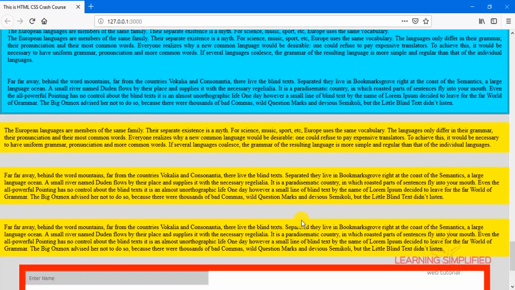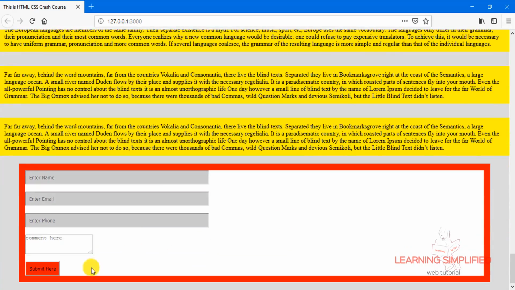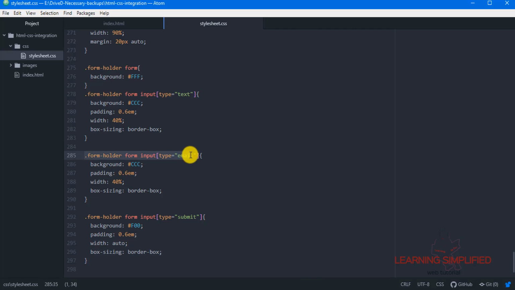And now if we just get back to our project, we will see that this particular input type submit is now individually showing a different color than the rest of these form fields. As we can see, all those form fields, this input type text, this input type email, all of them practically have different properties than this input type submit here. What we were missing is that particular text area, so we will be discussing it.